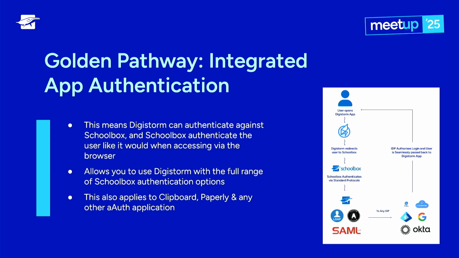So effectively what this allows you to do is, previously a lot of schools would find that the apps they use could only support one integrated authentication method. But by using Schoolbox as the front for this and to broker the authentication, you can take advantage of Schoolbox's flexibility to allow staff, students, and parents to use different authentication methods and then pass that through as a singular OAuth authentication into the third-party app that has less flexibility.